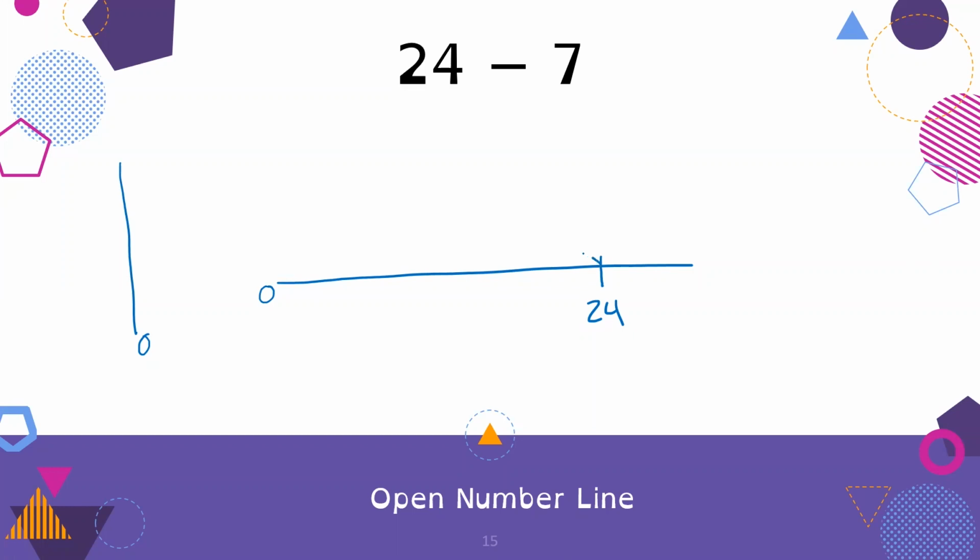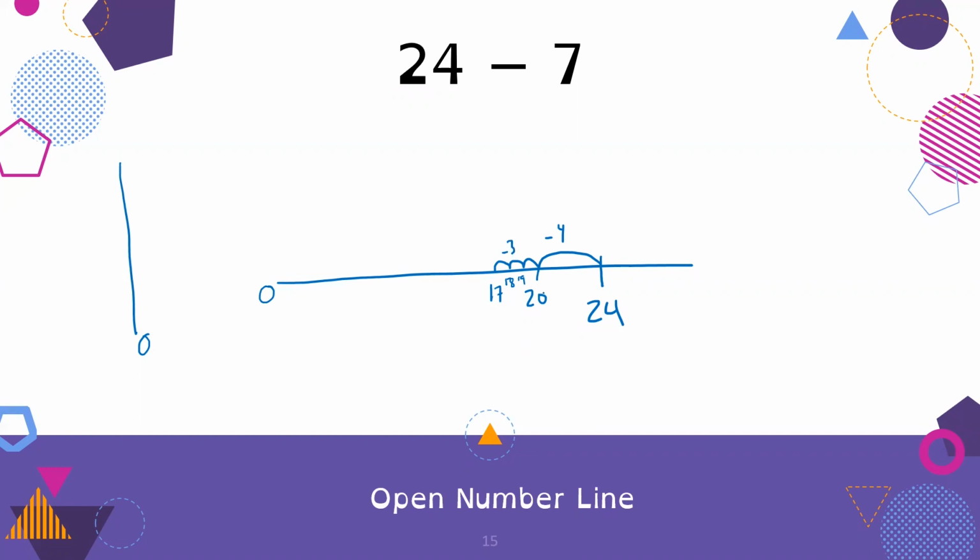So I know that if I jump back and take away 4, I'm at 20. That is something that I can see. Now I know if I took away 4 from 7, I still have 3 more to take away. So I'm going to take a jump and take away 1, 2, 3. So that's 19, 18, 17. So if I take away 3 more, I get to 17.